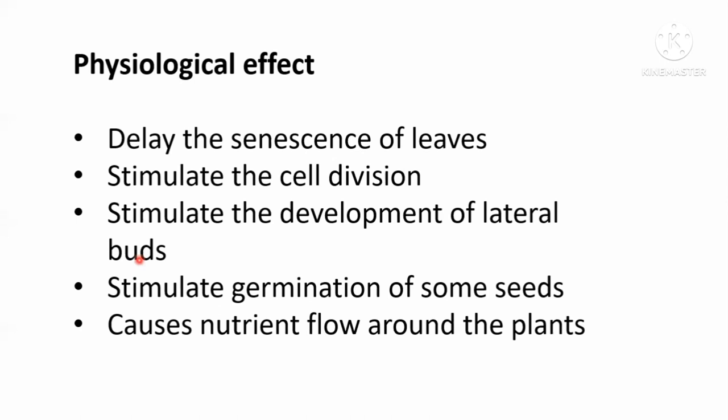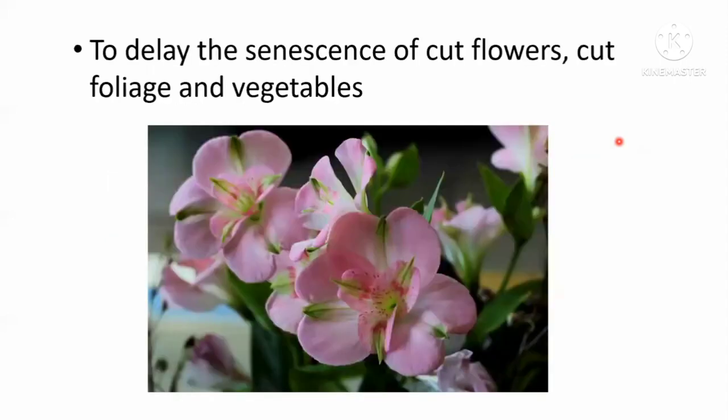You can do another experiment, which is very simple. Detach a leaf from a plant and apply a small drop of cytokinin to the leaf. The place where we apply cytokinin remains green, but the rest of the parts will turn yellow, because the place where we had cytokinin has delayed senescence. The other places are undergoing senescence. That is the reason.